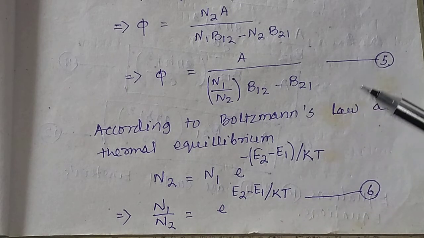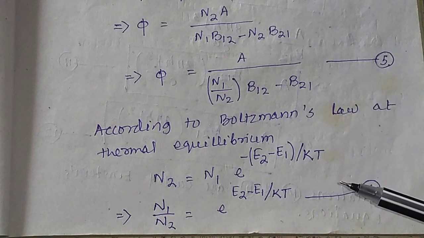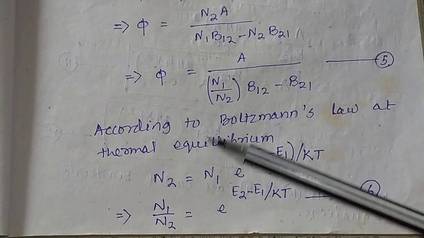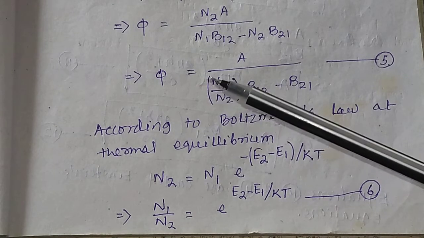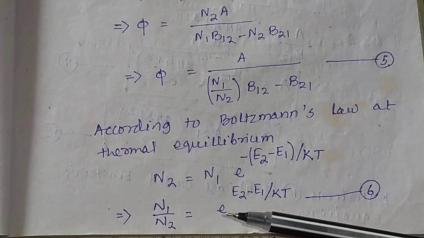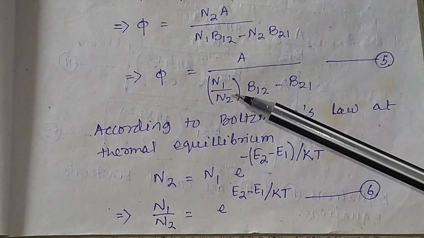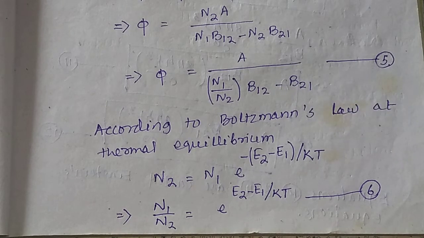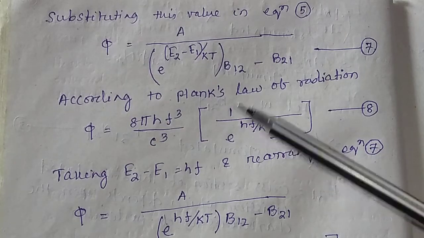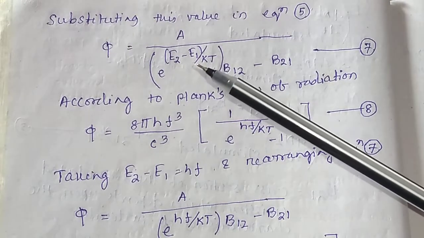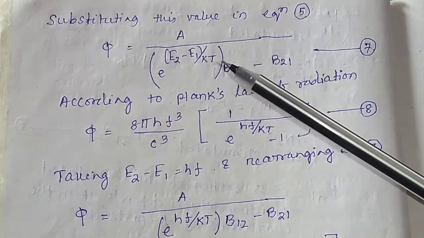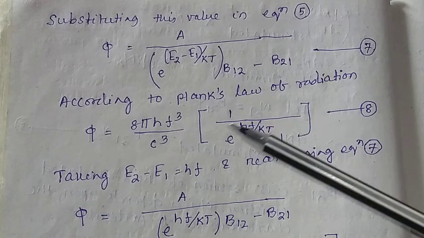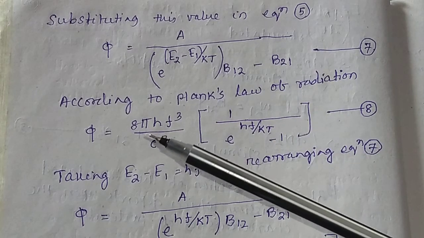So now you compare equations 5 and 6. If you put this value of N1 divided by N2 here, then phi will be equal to A divided by e to the power (E2 minus E1) divided by kT into B12 minus B21. And according to Planck's law of radiation, we know phi equals the energy of radiation,